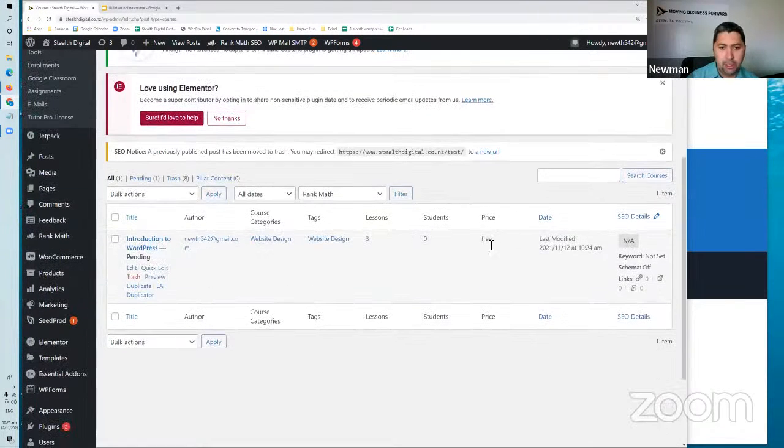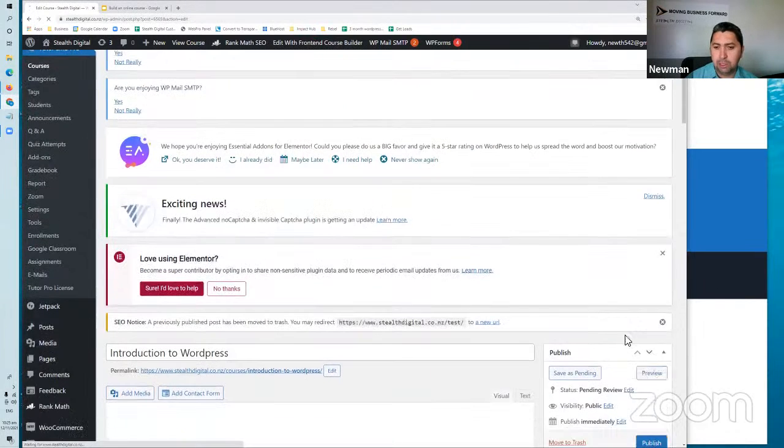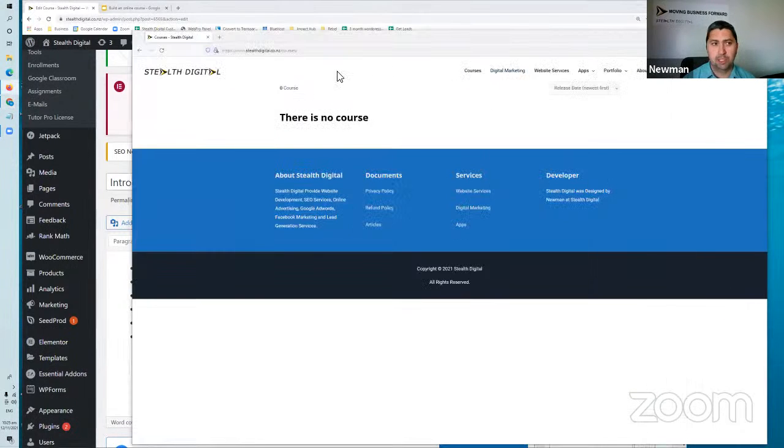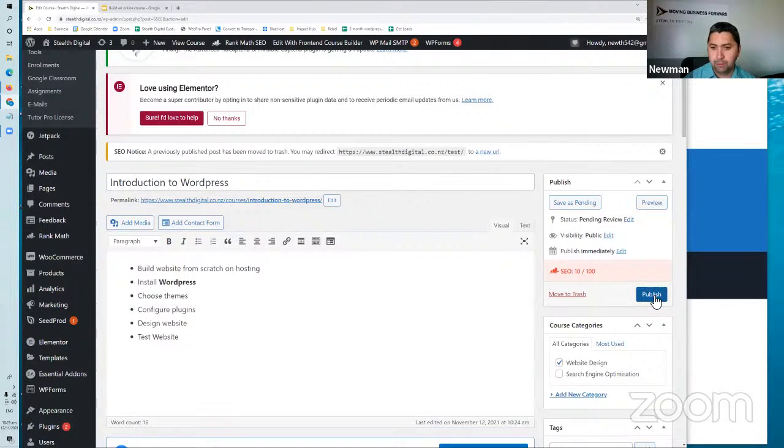this is that course there. It's free, website design, the categories, and then you can edit this course. And then once I go publish here, so for example, if you have multiple instructors, then it will show up on this page. So I'll just go back to this page. If I refresh this, the course hasn't showed yet, so the course has not been published. Now, if I go publish,